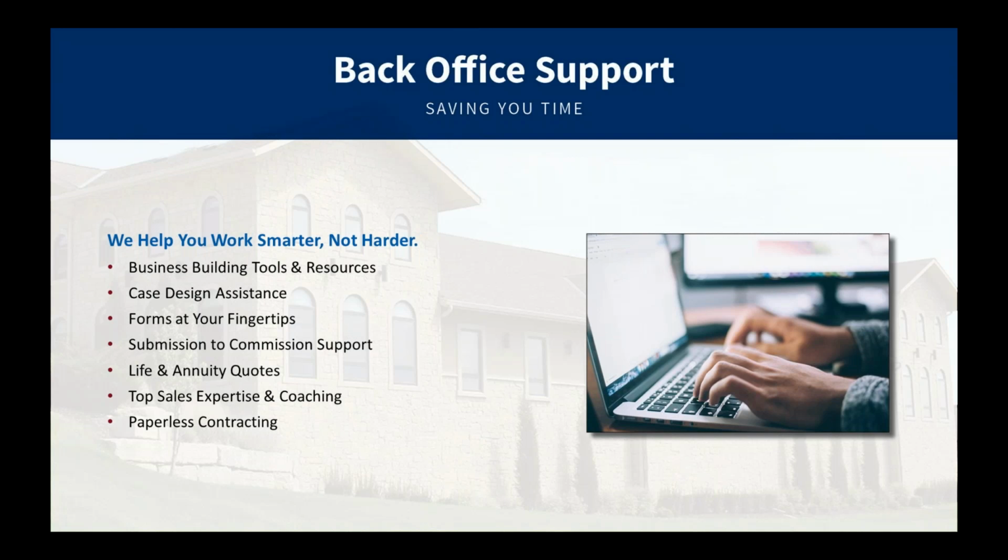Making sure you have all the training that you need provided to you. Make sure you got all your NAIC and product training, all those things, making sure all that's done before we go out and write the application. Then when you do write an application, if you send it through our office, Amber and her team will scrub